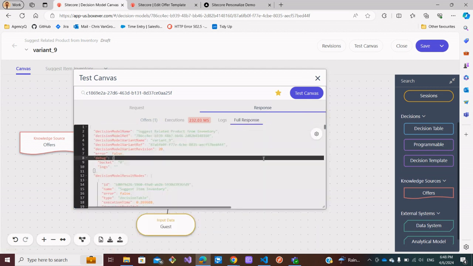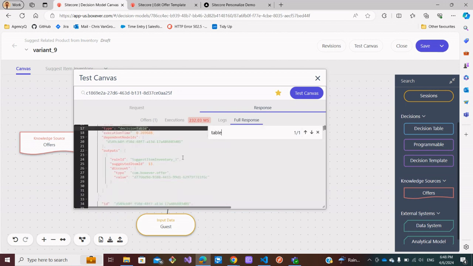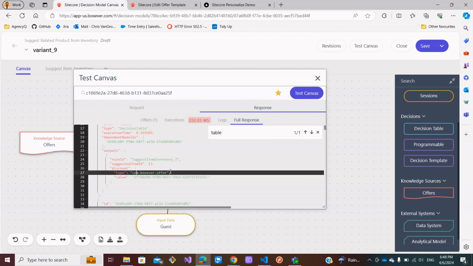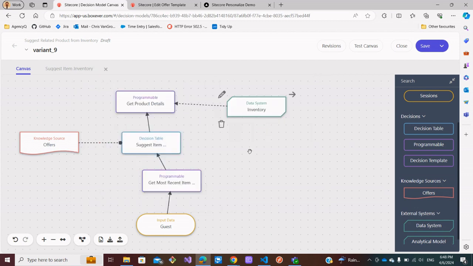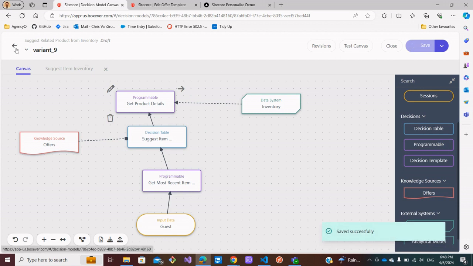Let's just go to the table, maybe decision table, and then you'll see here that there's an output with discount, but it just has this value and then the type. You can't get that value here in the canvas, which was against my intuition. So what you would have to do is